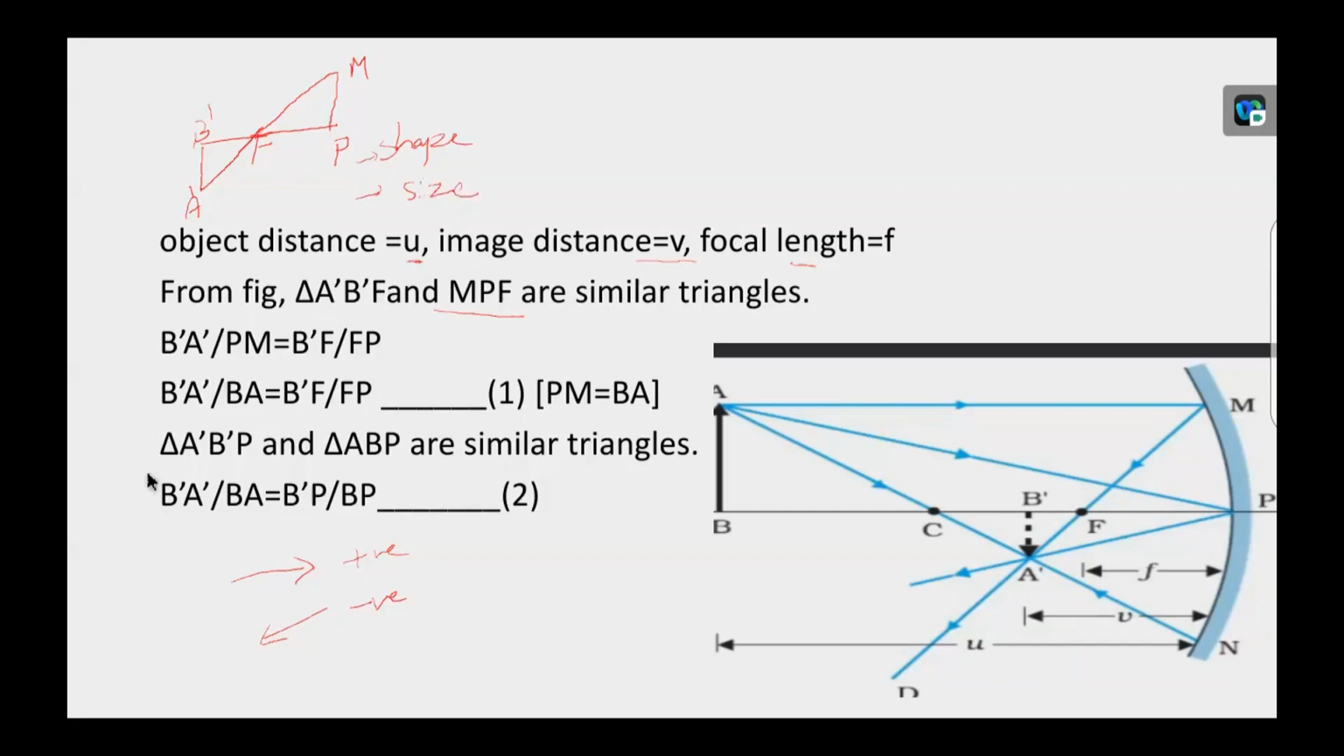Now if you take here, A dash B dash has the corresponding side MP or PM. B dash A dash and PM are corresponding sides. Similarly, B dash F corresponds to F P. Therefore, we have written here the ratio for the first triangle A dash B dash F. One side, B dash A dash, corresponds to PM. That we have written. In similarity of triangles in mathematics, we have that the ratio of